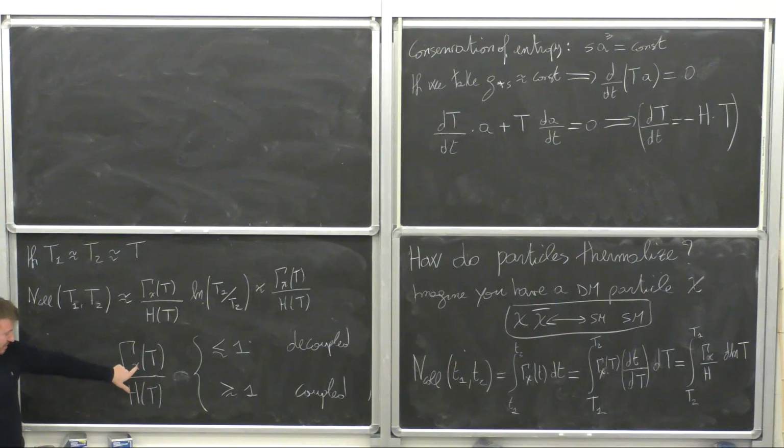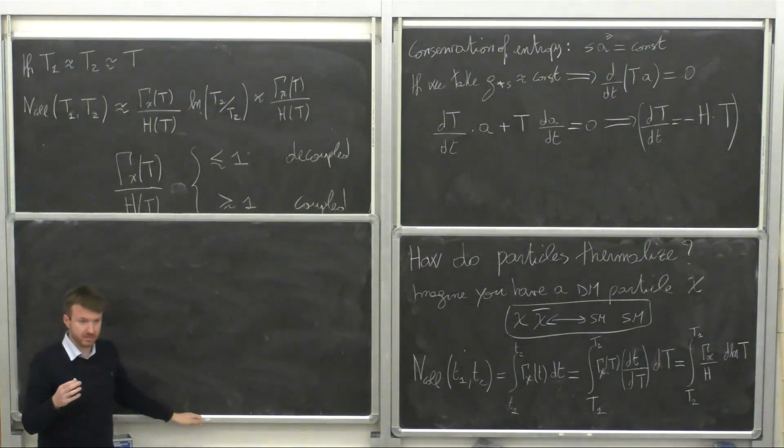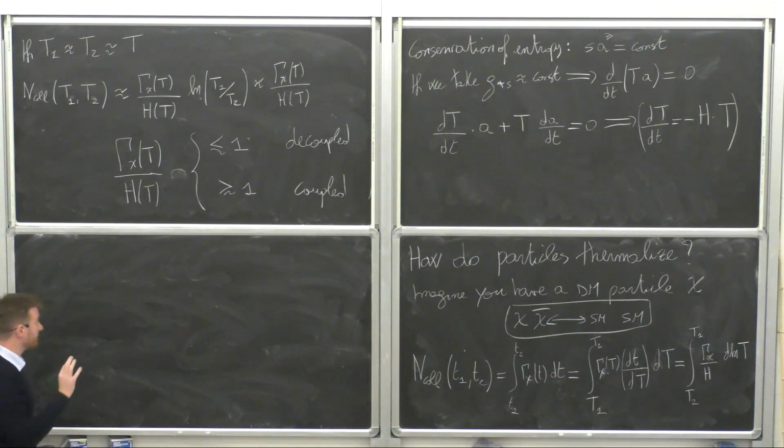If this ratio is larger than 1, then it's coupled. Less than 1, decoupled. When this ratio is equal to 1, well, that's the decoupling moment. Okay? So basically, since we start our discussion from thermal candidates,